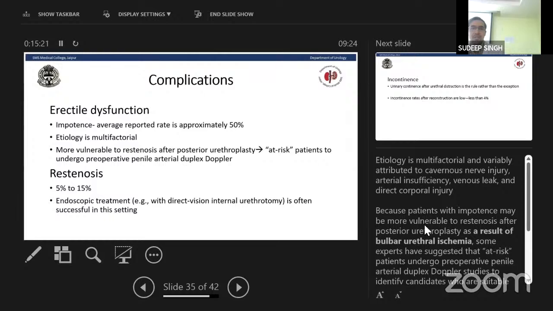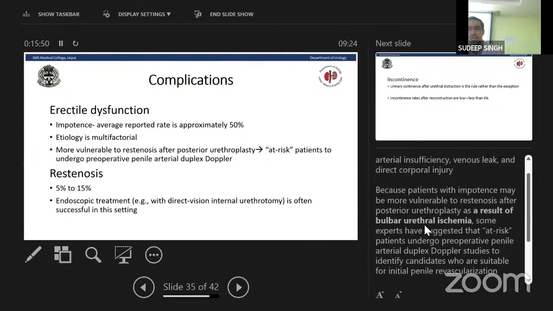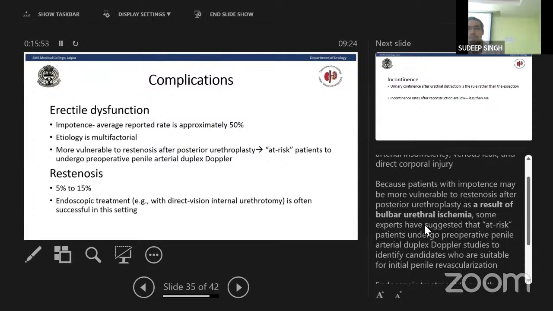So the complications include erectile dysfunction. The impotence rate is approximately 50%, and the etiology is multifactorial. It is variably attributed to cavernous nerve injury, arterial insufficiency, venous leak, and direct corporal injury. These patients are most vulnerable to stenosis after posterior urethroplasty as a result of bulbar urethral ischemia, very important. Some experts suggest that at-risk patients should undergo a preoperative arterial duplex Doppler study to identify the candidates who are suitable for initial penile